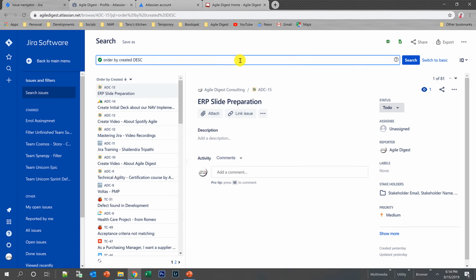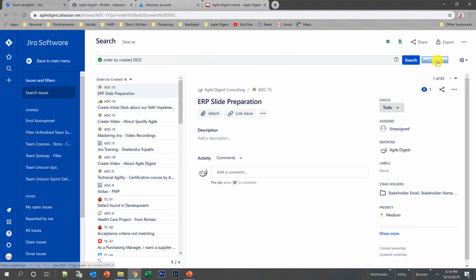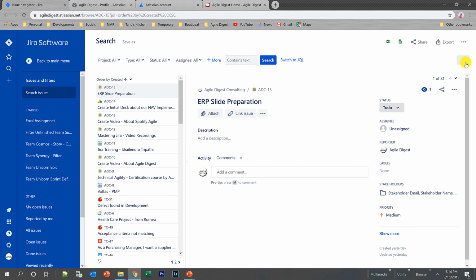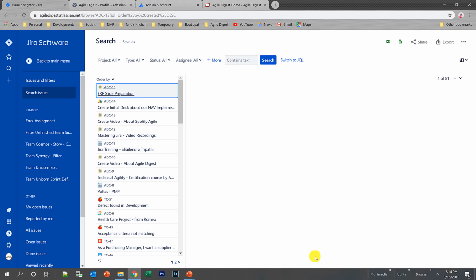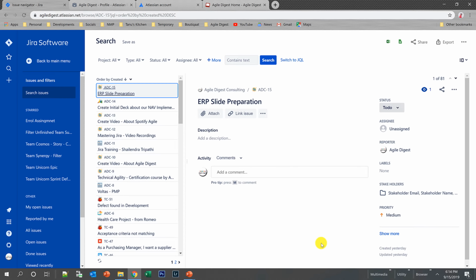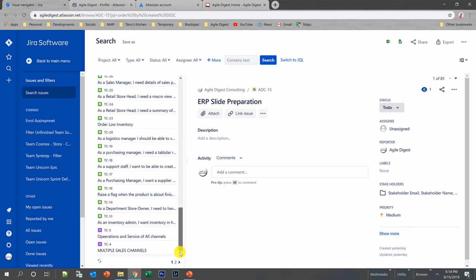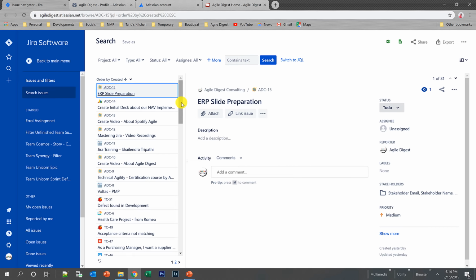So the same over here, your filter criteria is there. You can switch to basic over here. You can change your views to list or detailed view over here, and you can add columns in the same way. Only thing is, if you are in the new view and detailed view, then your appearance on the detail sections will be something different, and this is your filter result. Once you are happy with your filter, that okay, this is giving me the right result, and you want to save it as a filter so that you can refer to it later,